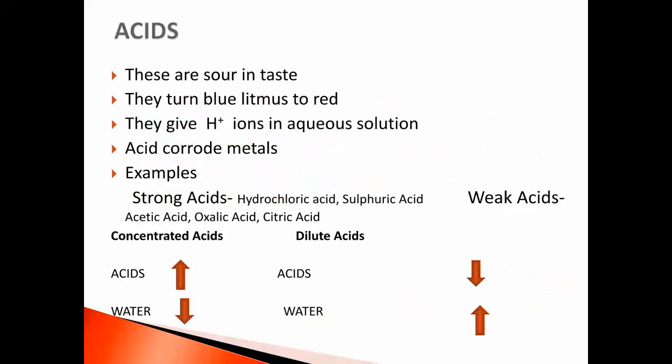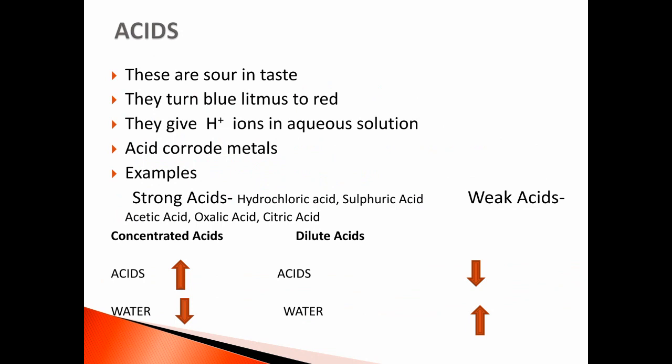So the first topic is the physical properties of acids. As you have already learned physical properties of acids in previous classes, we will quickly revise them. The first property of acid is that they are sour in taste. That does not mean that you need to taste them. The second physical property of acid is that it turns moist blue litmus paper into red color. I guess there is nothing to explain here.